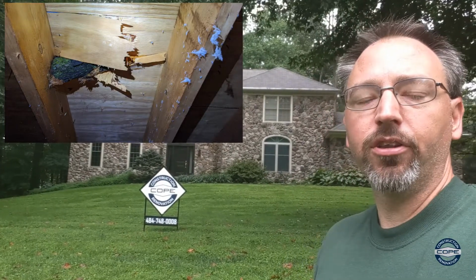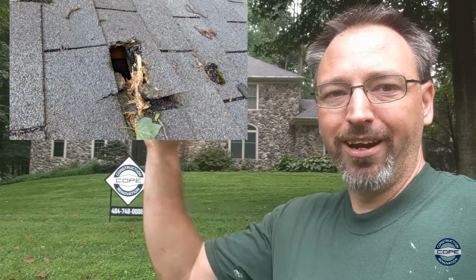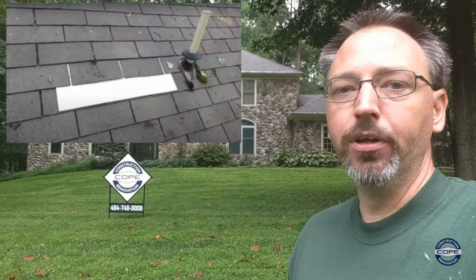They called us to come out, and we were able to get up and patch the OSB from the bottom, just push it back up and get a 2x8 underneath there to help hold things. Then we got up on top and patched the roof temporarily just to hold them until we could talk about whether they wanted to do a more permanent repair in that area, take off some shingles, replace the sheathing,